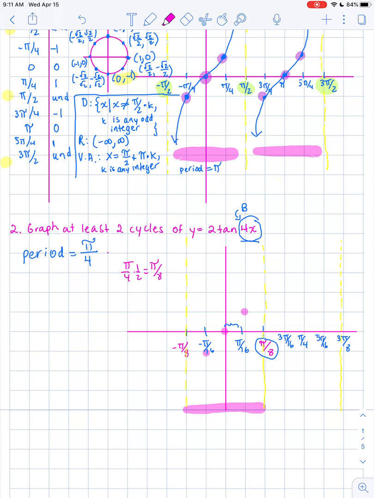However, if there's any shifting to the tangent function, whether it's left and right or up and down, we're going to take those points and move them left and right, up and down, based off of phase shifts and vertical translations. However, there is none on this function. There is a 2 out front. So if we remember what this 2 value does in